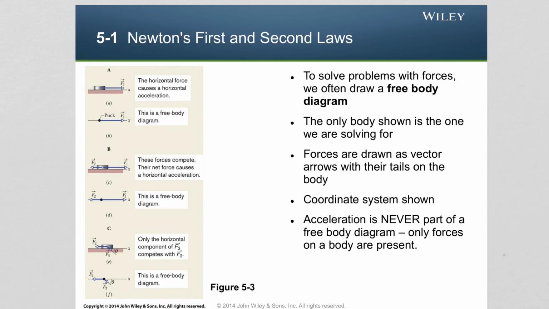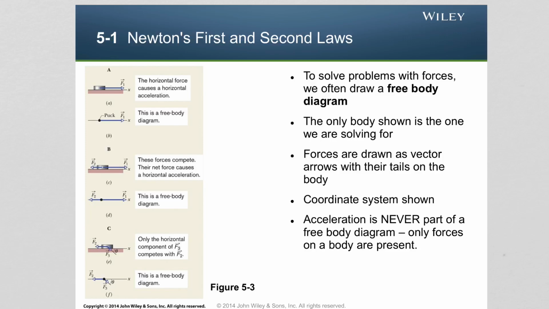And then F3 is directed at an angle theta below the x-axis, like shown, starting from the body. We will see later with some examples how this idea of a free body diagram is applied to some situations, how the forces are drawn, and what can be